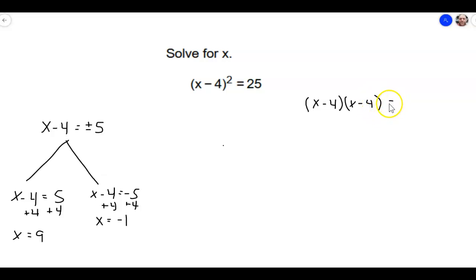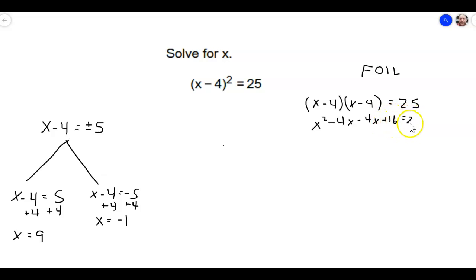Hopefully we remember how to do that using the FOIL method: first, outer, inner, last. So that would be x squared. The outer is minus 4x. The inner is minus 4x. And the last is plus 16